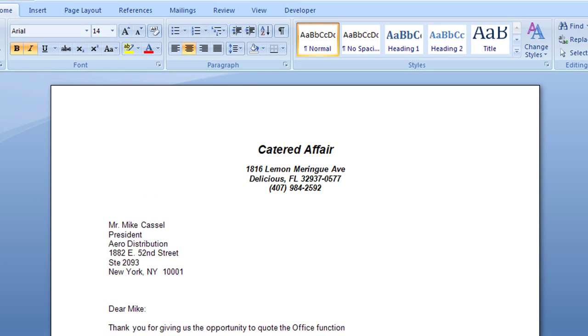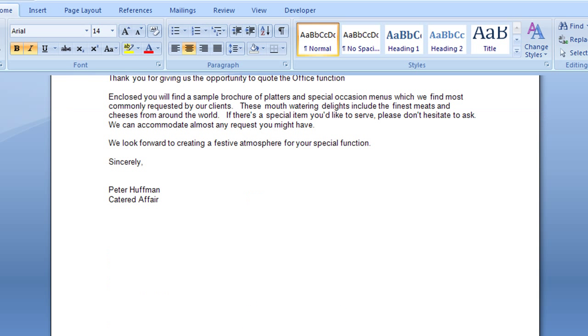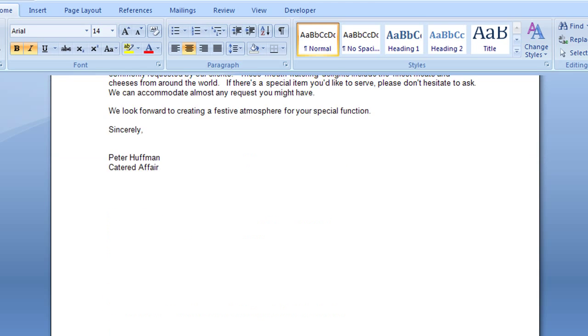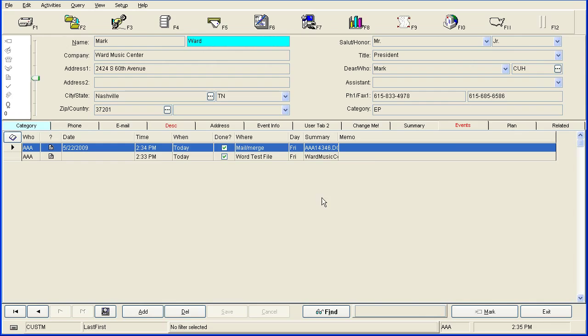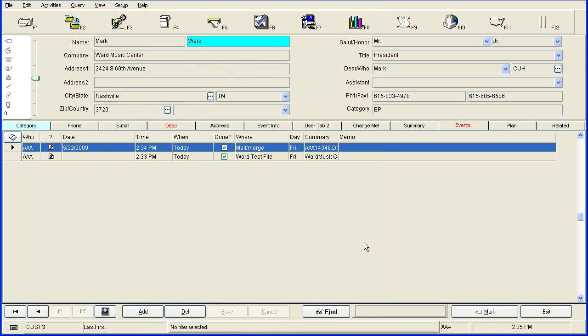It's going to go through each person, to Mike, and then our next person, John, next person, Vincent. So it'll basically do a mail merge that easy, and each of these contact records will have the fact that we sent this mail merge out to them, and you can also go ahead and re-edit that mail merge file, which you can just either print out and send to your